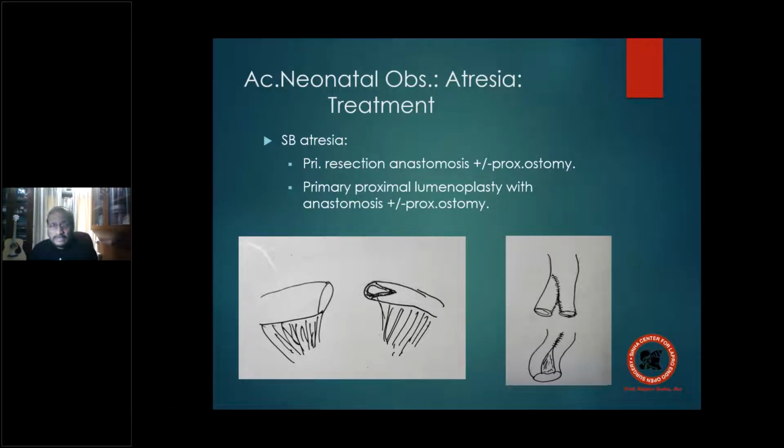The second thing could be that you're trying to do a luminoplasty. That means this huge dilated limb has been converted into two. You have converted this. So you're doing a luminoplasty either by inverting it, that means you put it in and you apply sutures, or you cut it from the middle, remove this whole part and narrow this down, and then you can do anastomosis. So primary proximal luminoplasty, that means you do a lumen reconstruction with anastomosis, and in all these cases, whether you're doing this or this, always do a proximal ostomy. Why? Because in children, these anastomoses tend to give way much faster because ischemic injury is much more common in these patients.